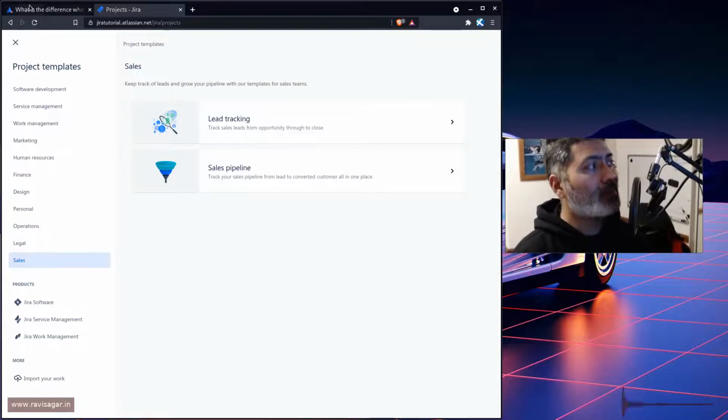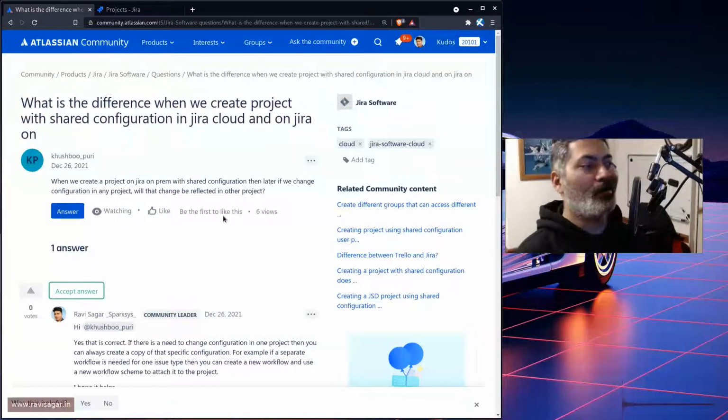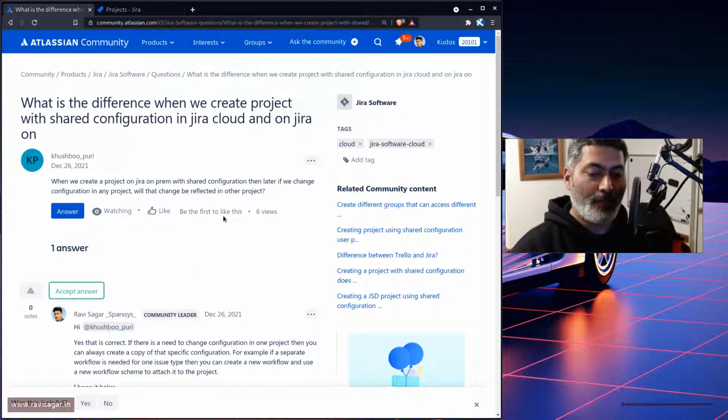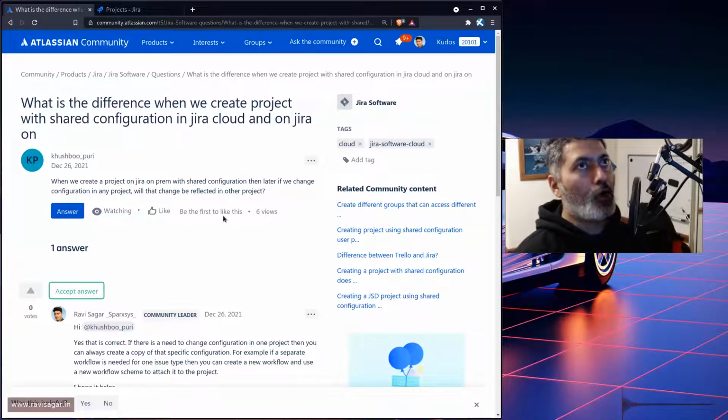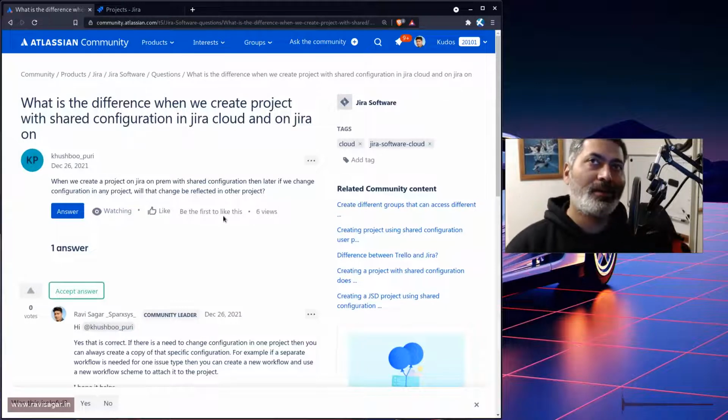One simple thing that you can do is make sure that you are reusing the configurations wherever possible, at the bare minimum. In fact, this option to create a project with shared configuration was not there long back. What I used to do is create a project, and when we created a project in Jira, it was created with default configurations, and then you had the option to change those configurations to your own custom ones. So if you have these documented processes somewhere, maybe in your knowledge base,